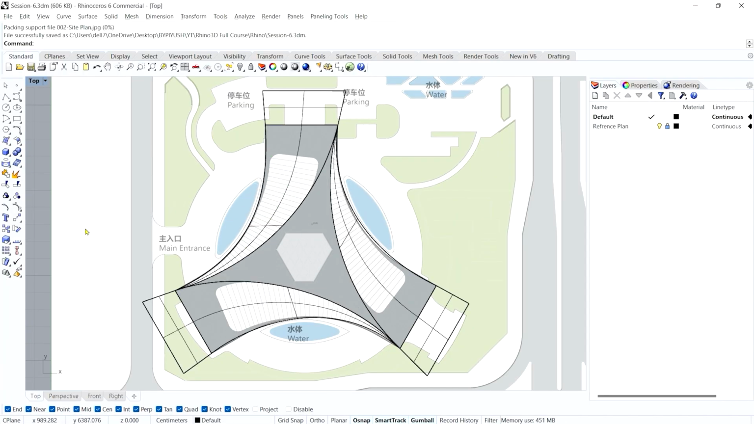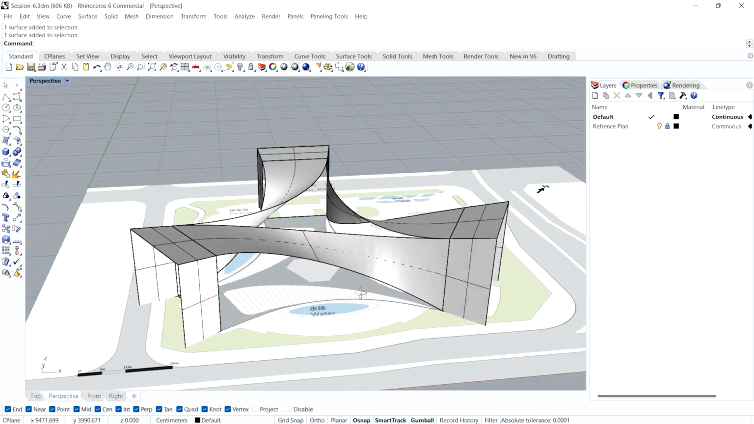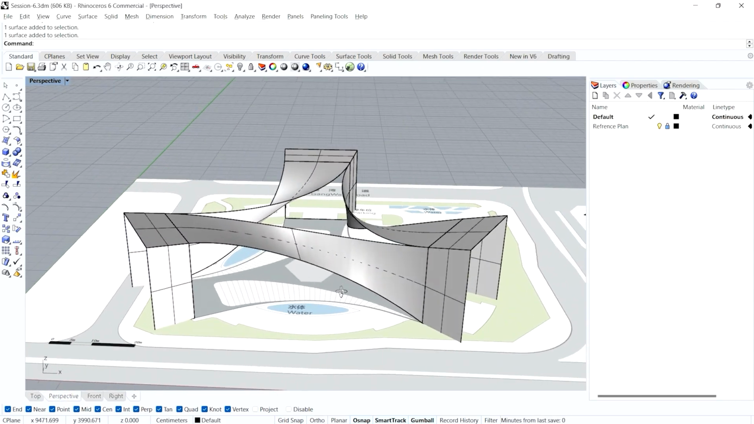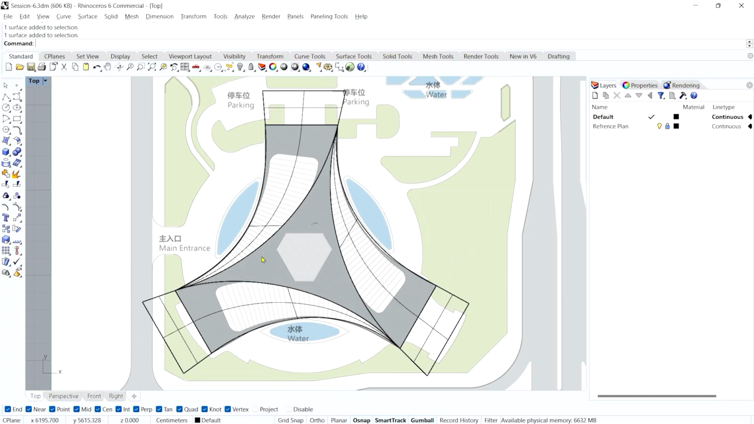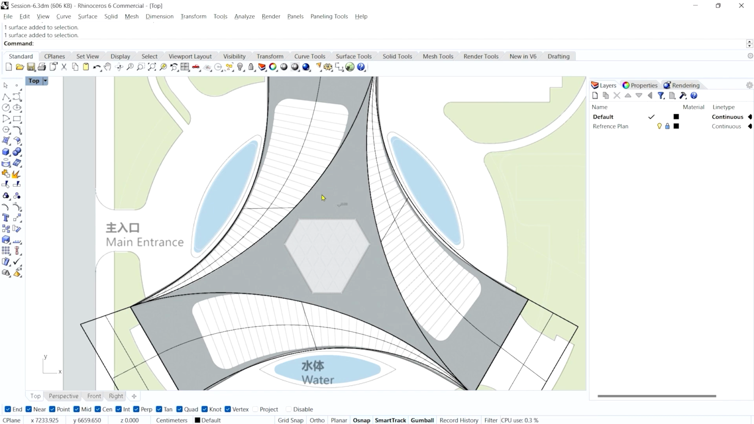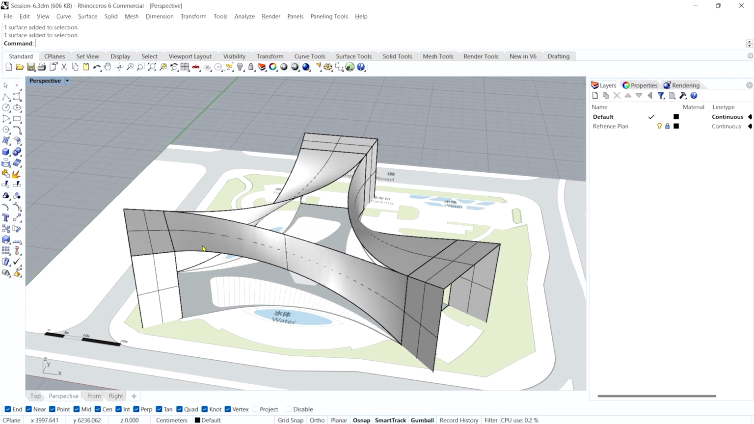In the same way, I have changed the others also, like this side and this one, both of them. Let's see how it is coming in the perspective. Yes. And the next step is to create this surface, this gray one. We can definitely loft or create a patch over this, but we want to create a